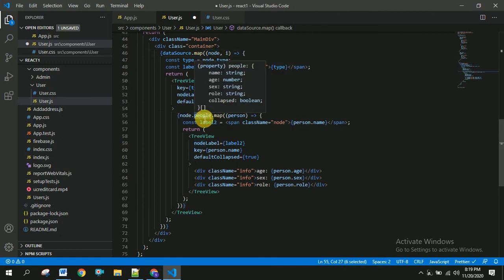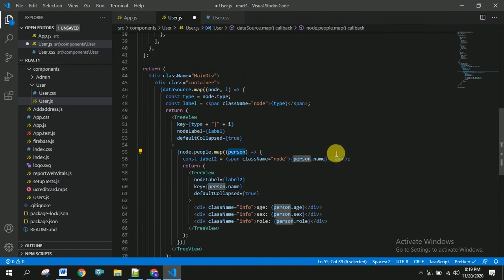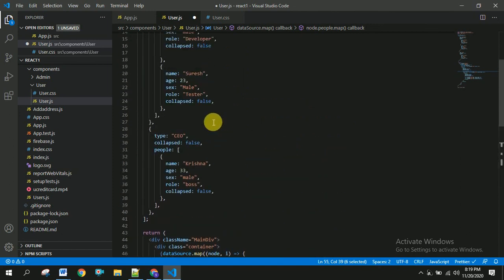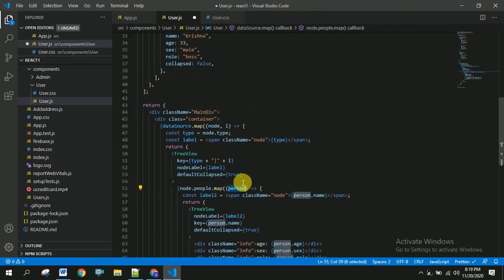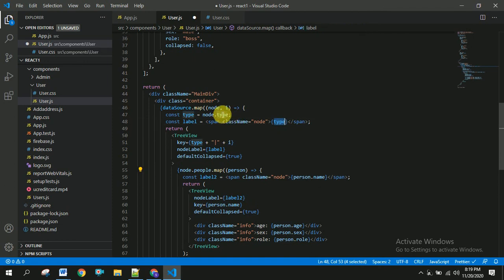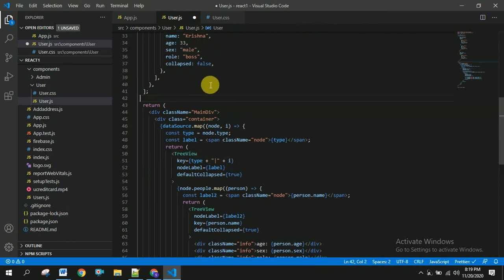So for that I am using another loop by using map. From that person I am going to use age, sex and role name, etc. And from the outer loop I am going to use the type. You can see here I am using the type. And once this is done, you have to save this